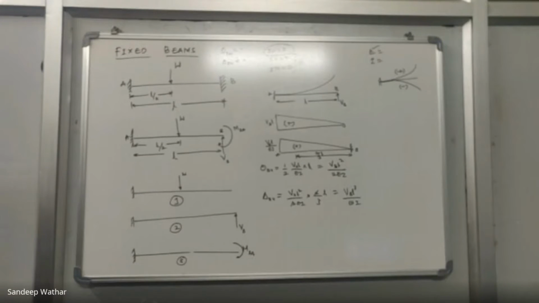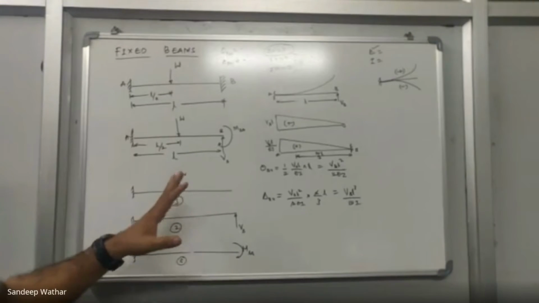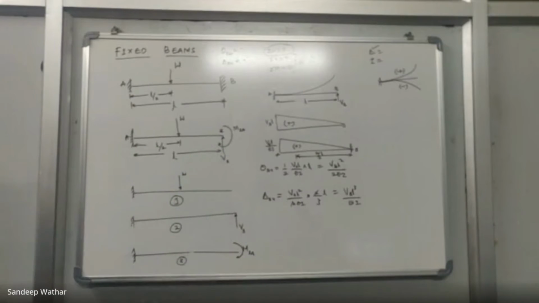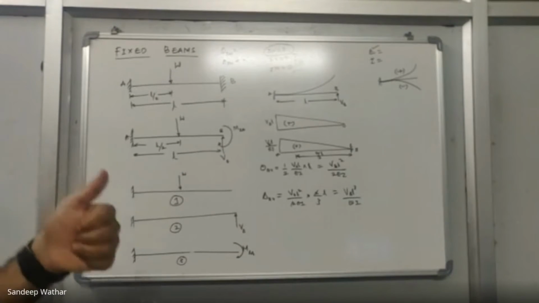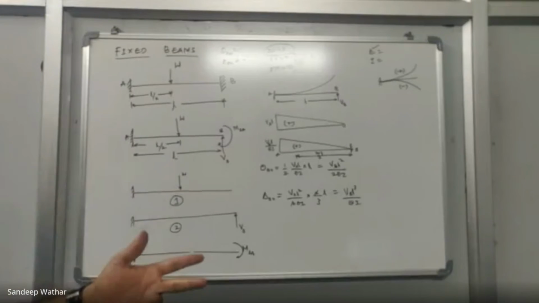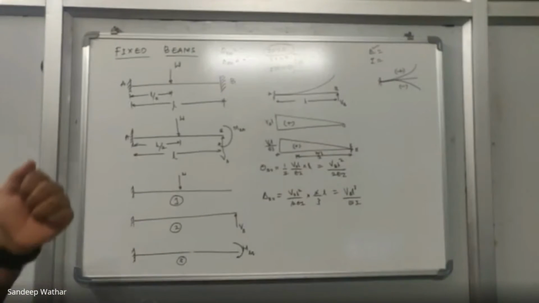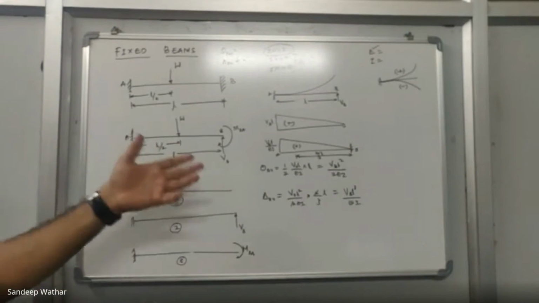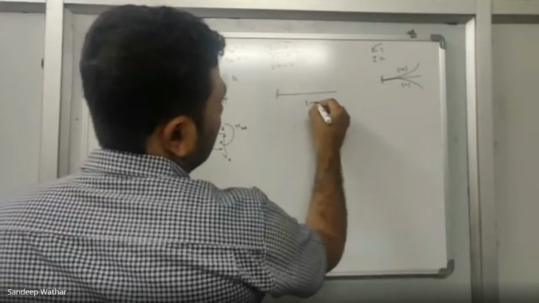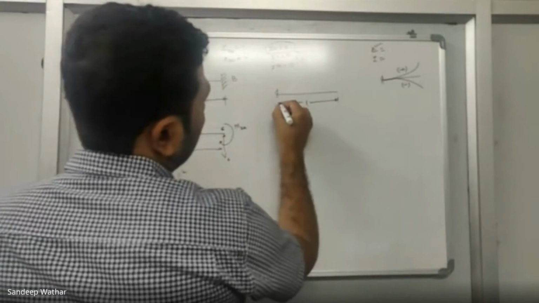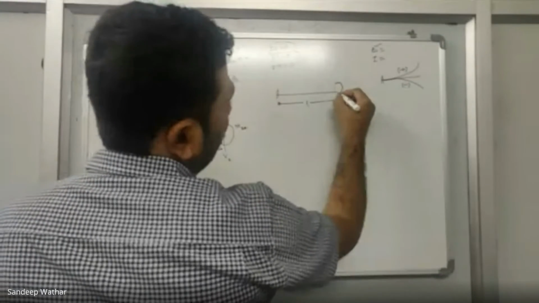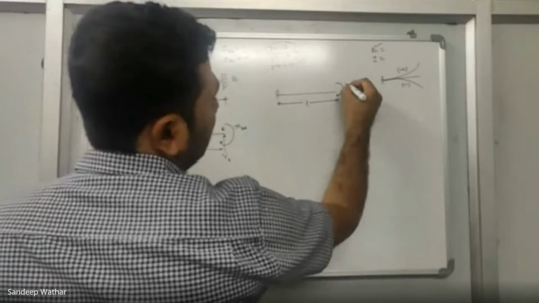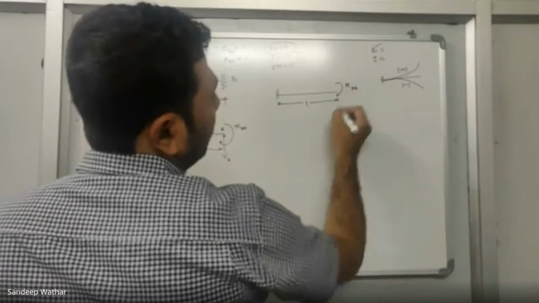Okay, I hope solving this is easy. There is no difficulty in this part. Try to solve this. We have solved the first case, we have solved the second case. Next we'll be solving the third case. Once I solve all of these three, I'll tell you why I have solved all of this. So this is our last case. First we applied the vertical external load, then we applied the vertical reaction. This is the last one where I'm simply applying the moment.